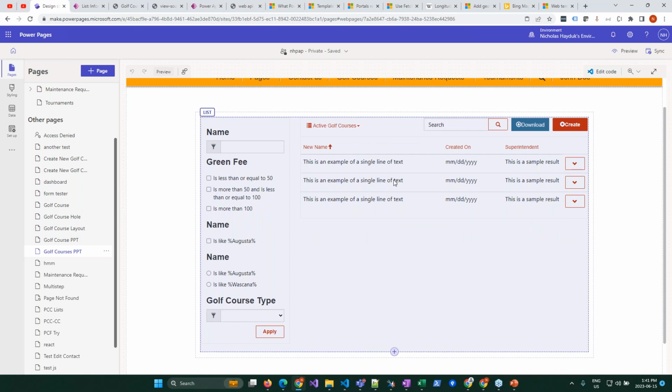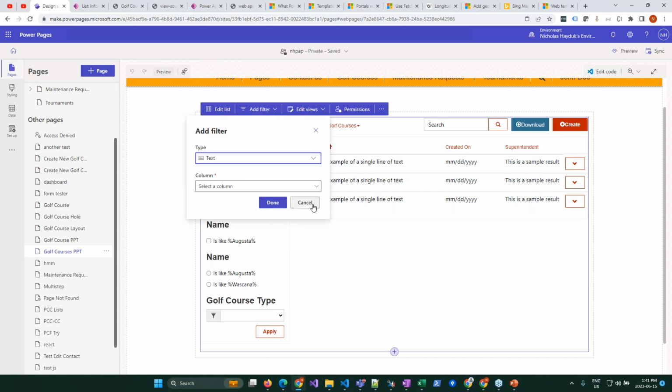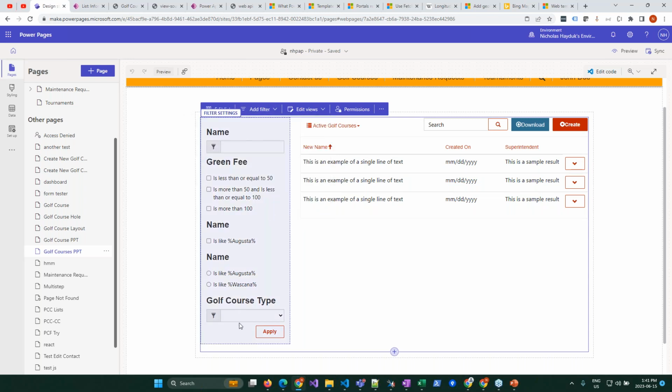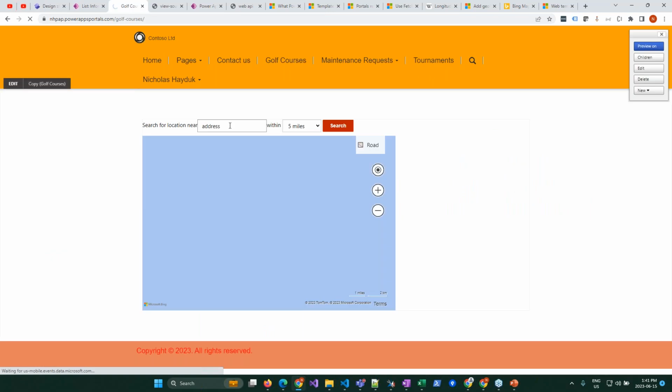So if you're not already familiar with the filters options on lists, this is the list over here. When you go and say add filters, you have the ability to add some kind of faceted type filters, or essentially custom specific filters to the page. So if I preview this page,